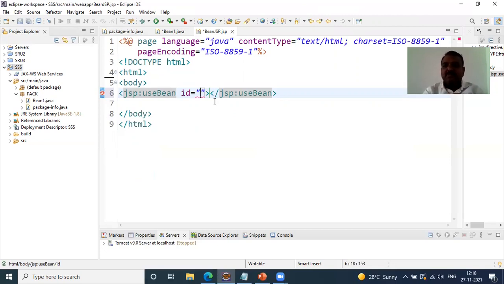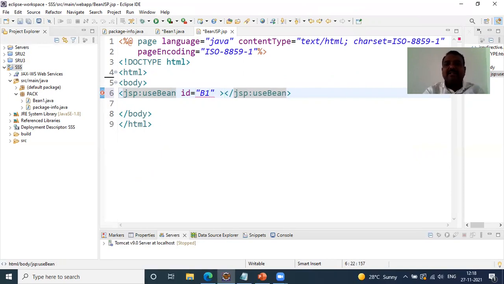When I use this bean, we need to supply one identifier by which we are going to access the setters and the getters of the bean. In my example, I'll say it as B1.